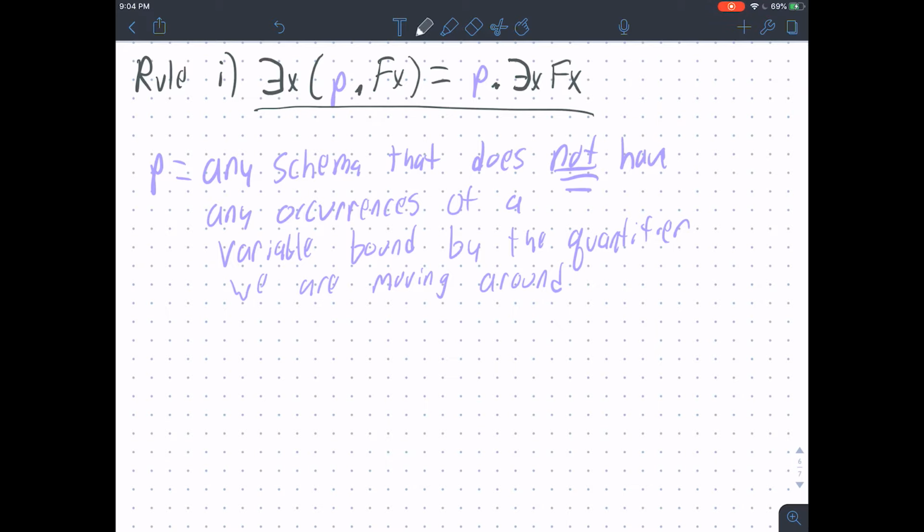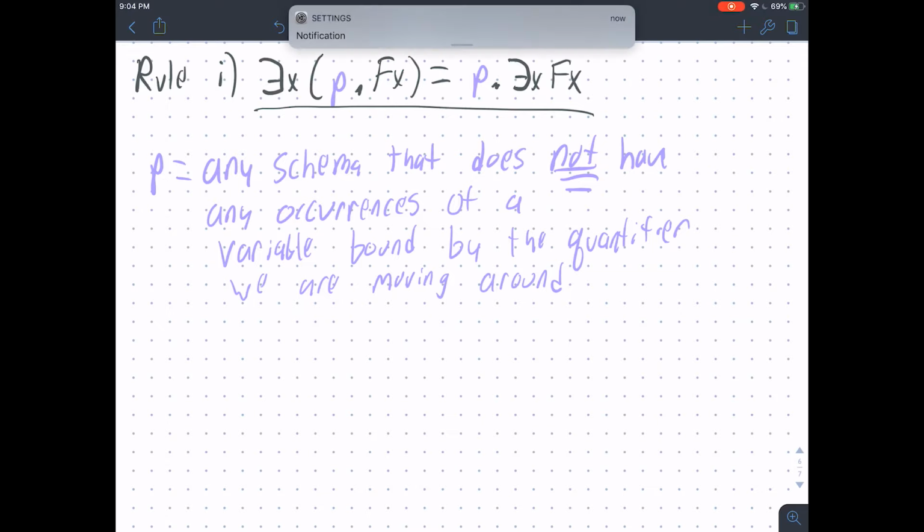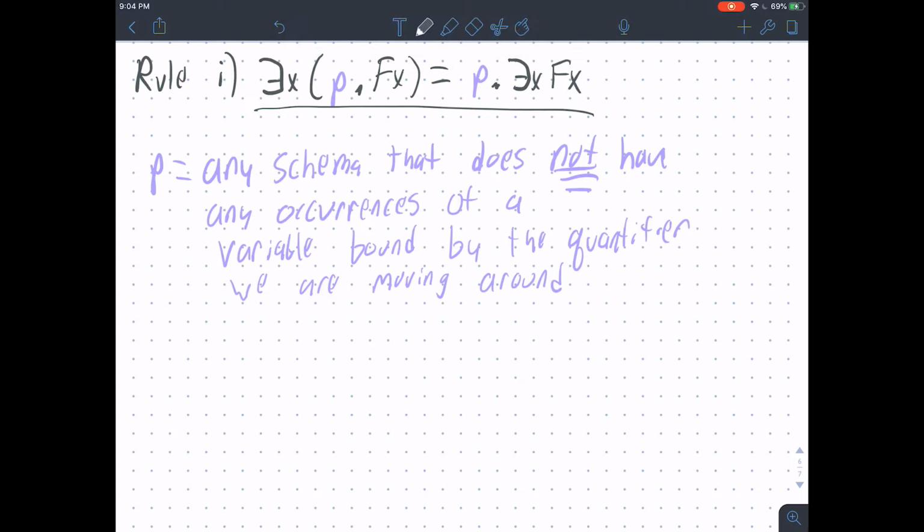So all of these rules that we have are going to have a lowercase p in them. So it's important to understand what that p stands for, because if you don't understand that, you won't be able to apply any of these rules. So the p there stands for any schema that does not have any occurrences of a variable bound by the quantifier we are moving around. Okay, and what that means is, so let me just give you a really simple example of how this rule might work. So if we have the schema,